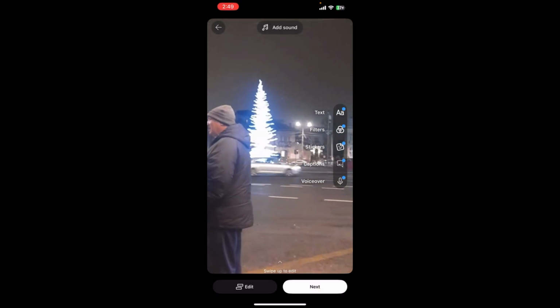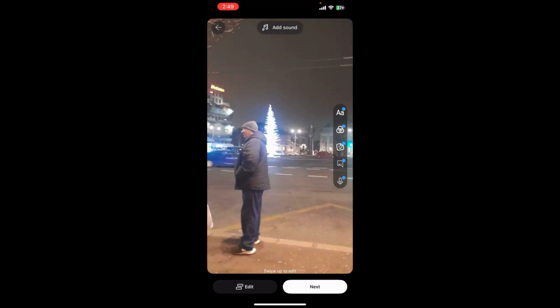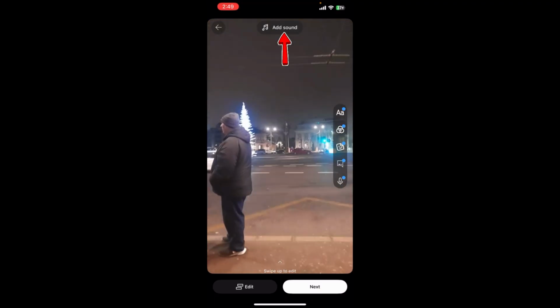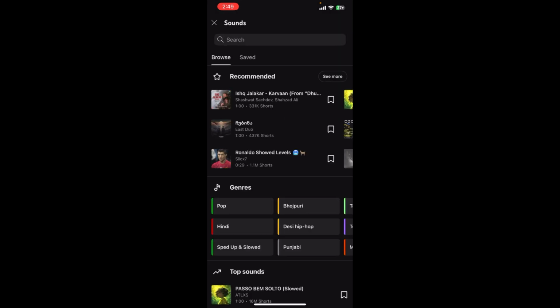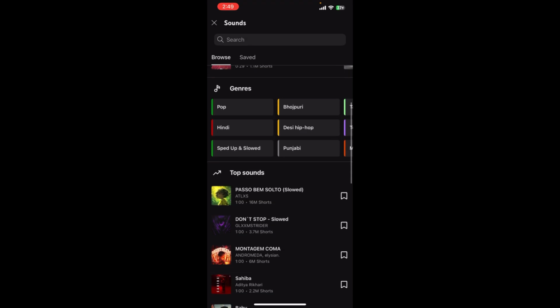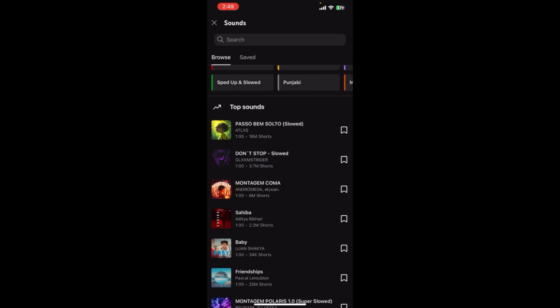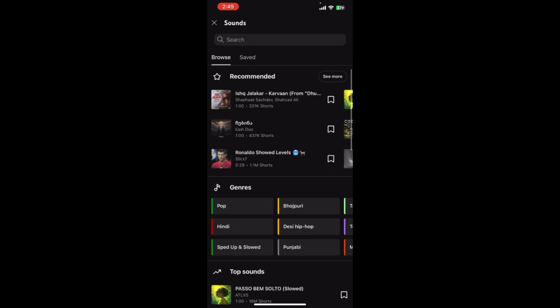And again, you can see there is an add sound option in here. So just tap on add sound on the screen. And finally, you can select any of the music from here successfully. So let me choose this one. Okay, and finally tap on the arrow option shown on the screen, and you will be able to add it